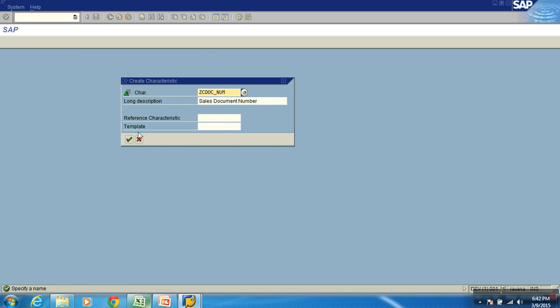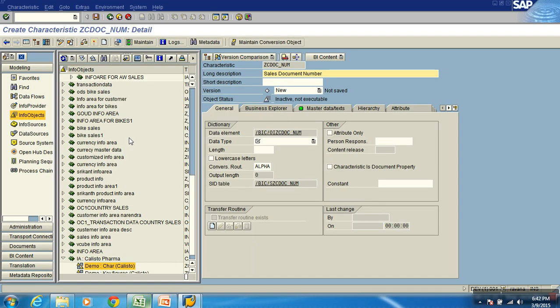Okay, save. Okay, what else does it do? It took me to a screen where I can start defining all the properties of that object in detail. This is the technical name of the object, this is the description of the object, long and short is fine. Now in general, I have to define some properties. What is the mandatory property, the data type? What does this data type property define? What does this data type property specify to the system?